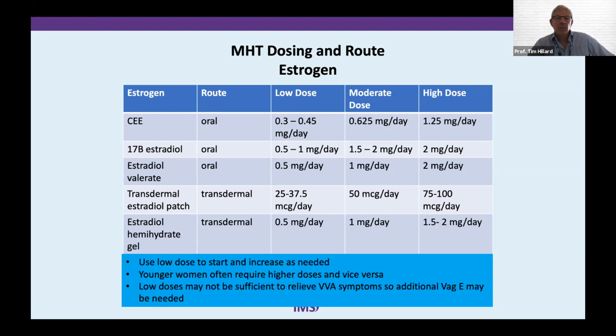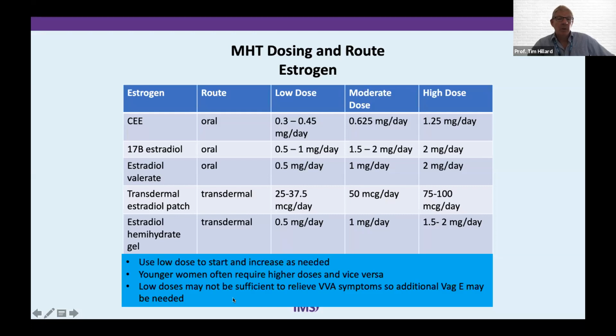It's important to recognize that younger women often require higher doses. Women under the age of 45 may well require a higher dose, and it may be necessary to go above our recommended higher doses here for certain individual women, but that should only be done in consultation. Similarly, if you've got an older woman who's starting MHT, she may need a much lower dose, and you could start with one of these doses or even lower initially and build up very gradually. If someone's not had estrogen for a number of years, they may be more prone to side effects when you reintroduce estrogen. So it's important to start slowly.